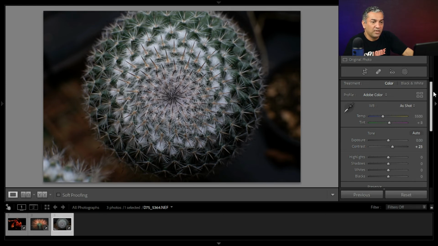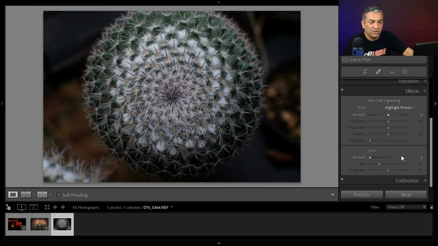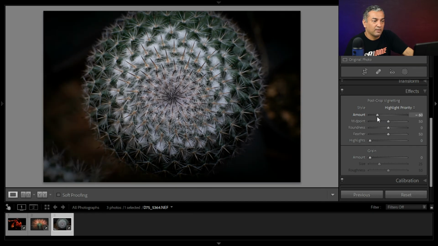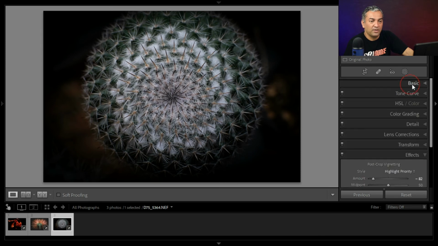And for the surrounding, I'm going to apply the same method. We'll go to the effects, we'll add the vignette effect. And you'll see we still have something in the surrounding. We'll try to cover it with the black.